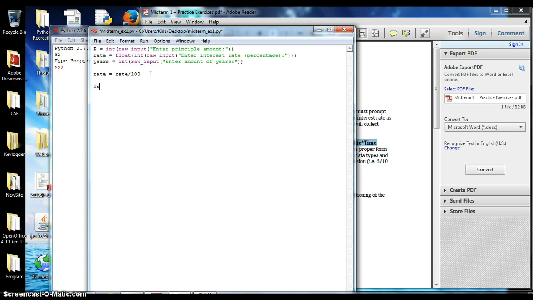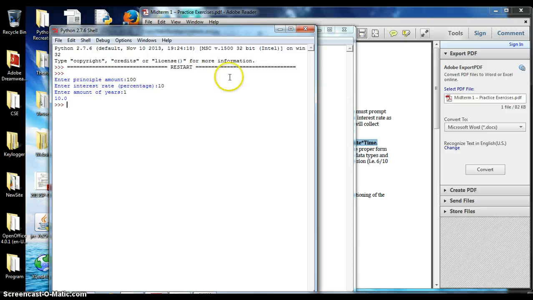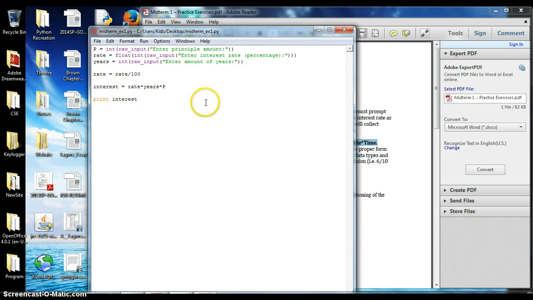So then we do the formula that they give us. Interest equals rate times years times the principal amount, and then we'll print out that interest. So let's see what we get here. Something simple. We'll do the principal amount is $100. We'll do 10%, and for 1 year, and it will return our interest is 10, and that's correct. So that's how you do the first